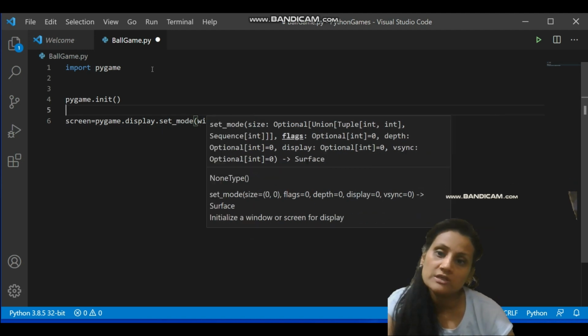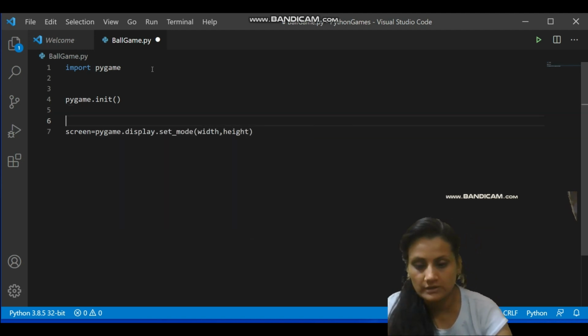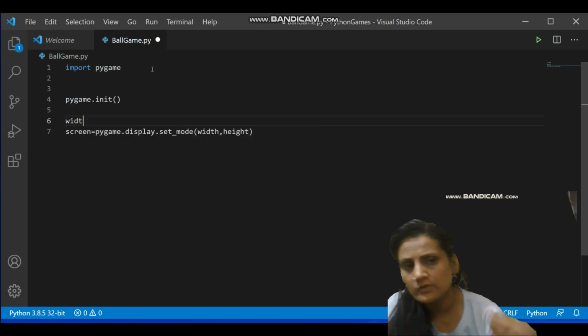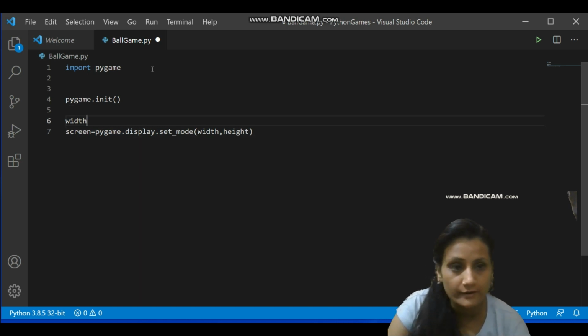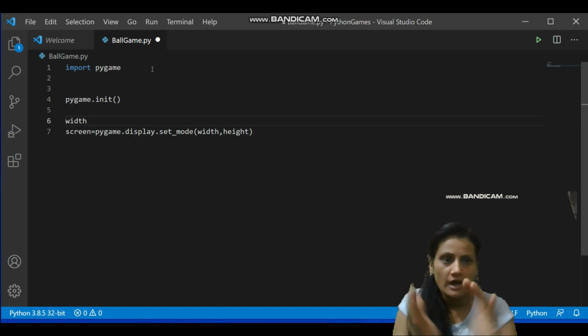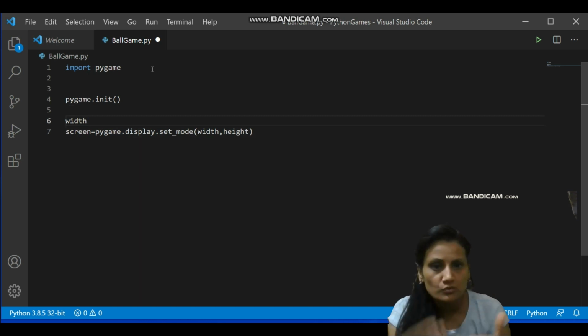Now where are the values for width and height? We will be deciding them. Why are we using variables for width and height? Because later, when we decide the size of the background, the size of the road, the ball, and where to place the ball, all this will be related to the height and width. That is why we are taking variables.